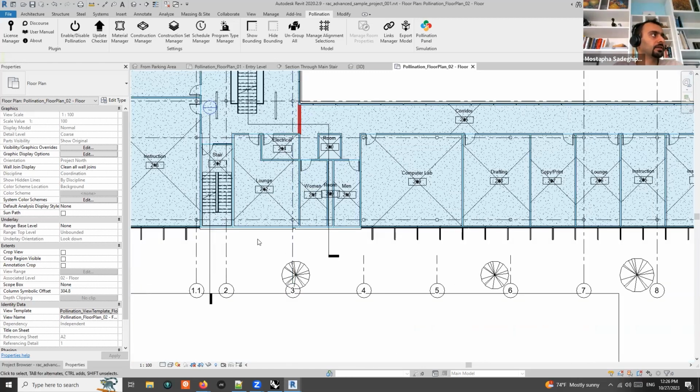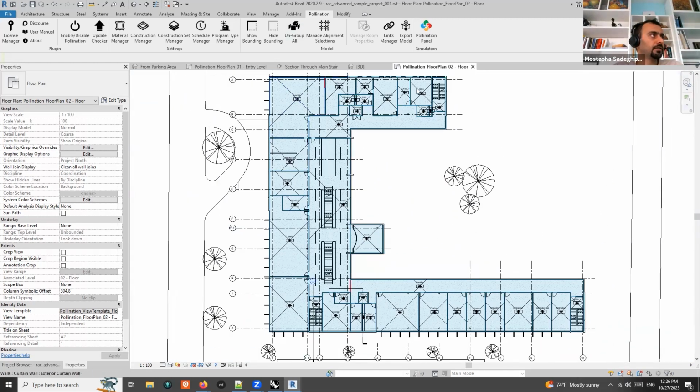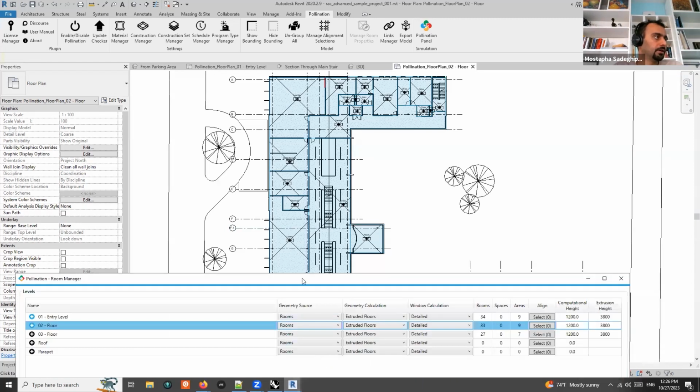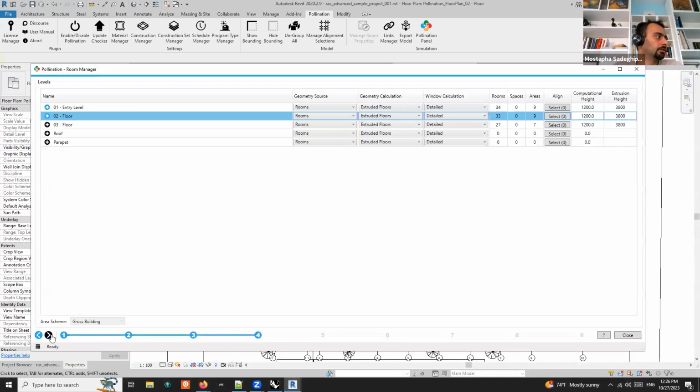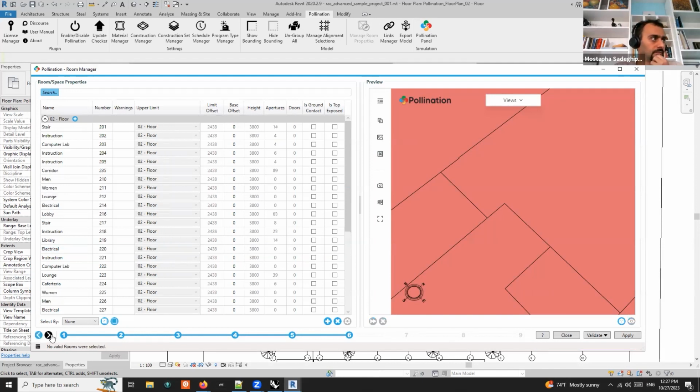So this is second level. I use the automatic placement of rooms. It told me 5 of them are missing, so it put all of them in. Now, if I go here, it looks good to me, right? Second level, wait for it to be parsed. And I can check this